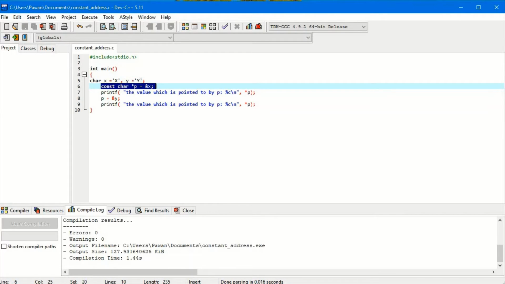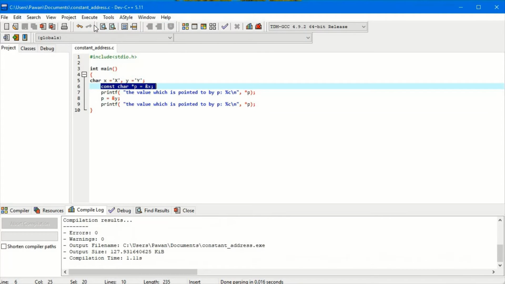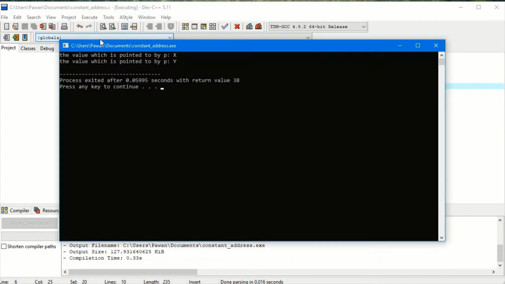So the value of y is capital Y. In the first case we will get x, in the second case we will get y. So let's compile and run, execute. See, the value which is pointed to by p is x, and then the value which is pointed to by p is y. So x and y we are printing.